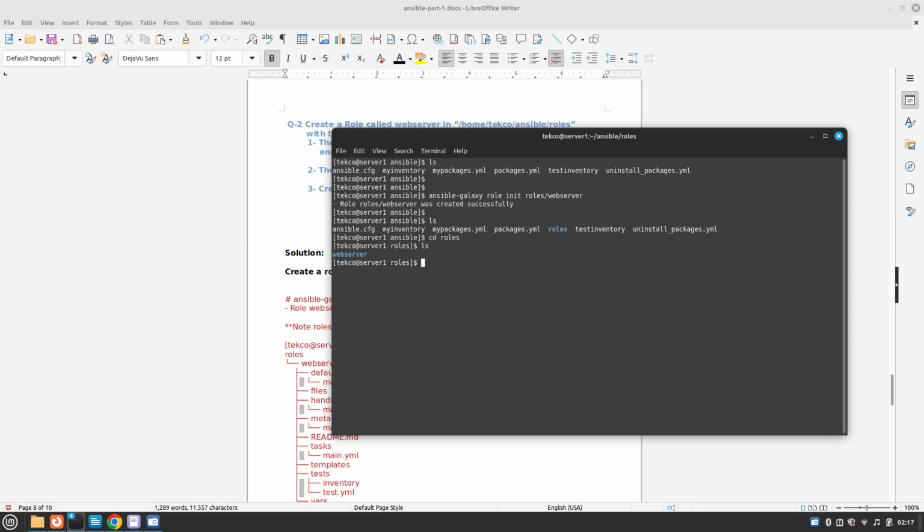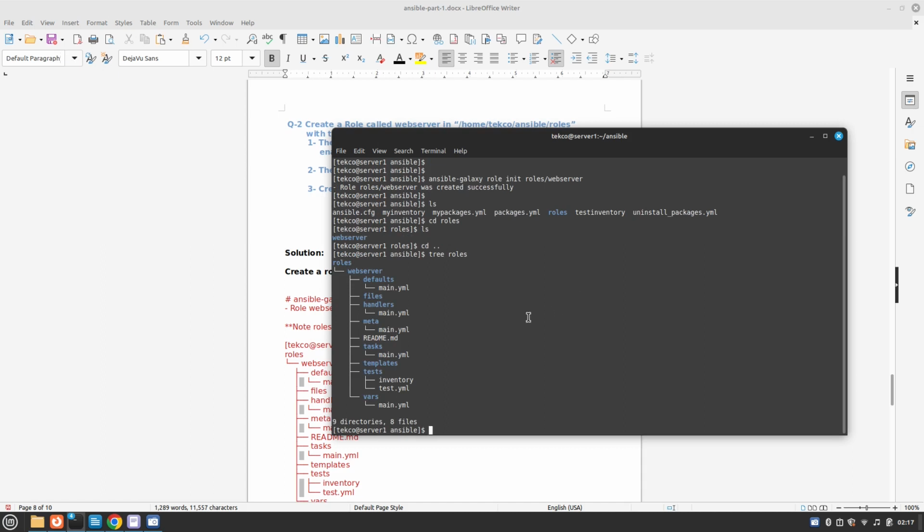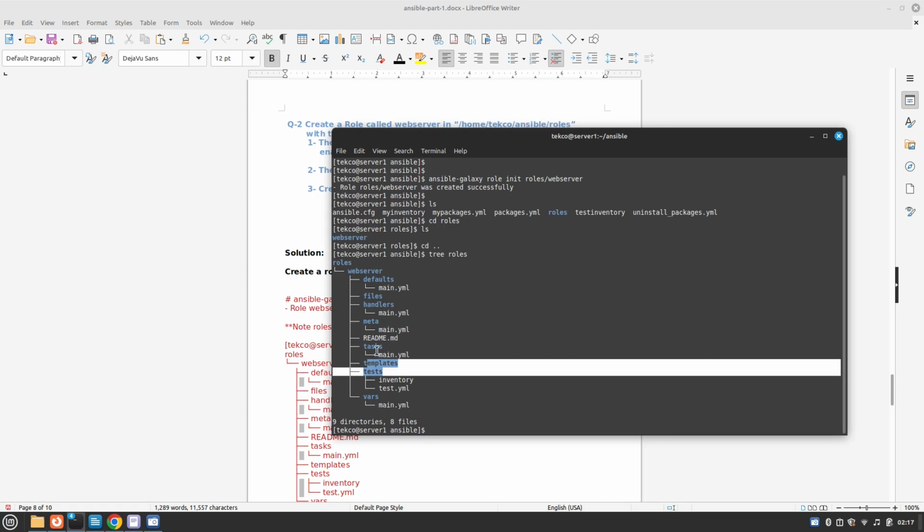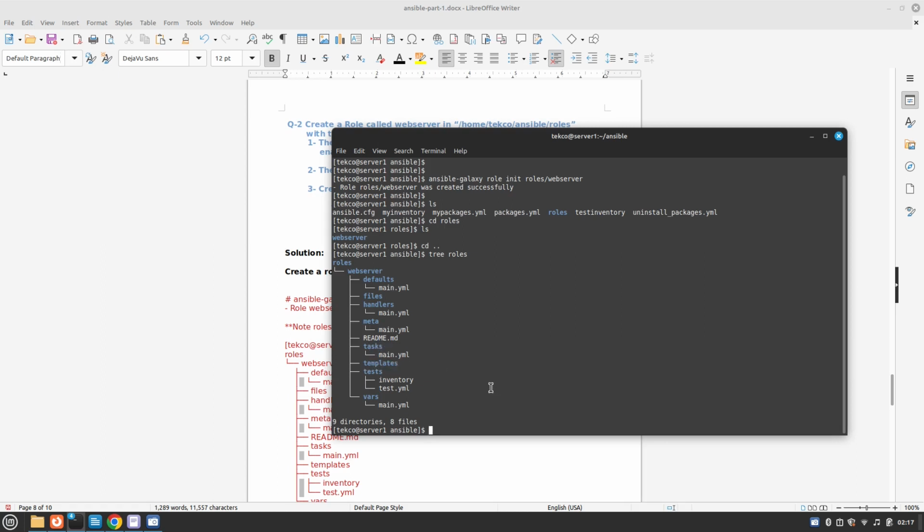So let's check our roles directory with the tree, and we can see that roles has a role called web server, and it has files, meta, tasks, templates, and vars folders, and the defaults also. So we will be using vars, templates, and tasks. So let's go into our